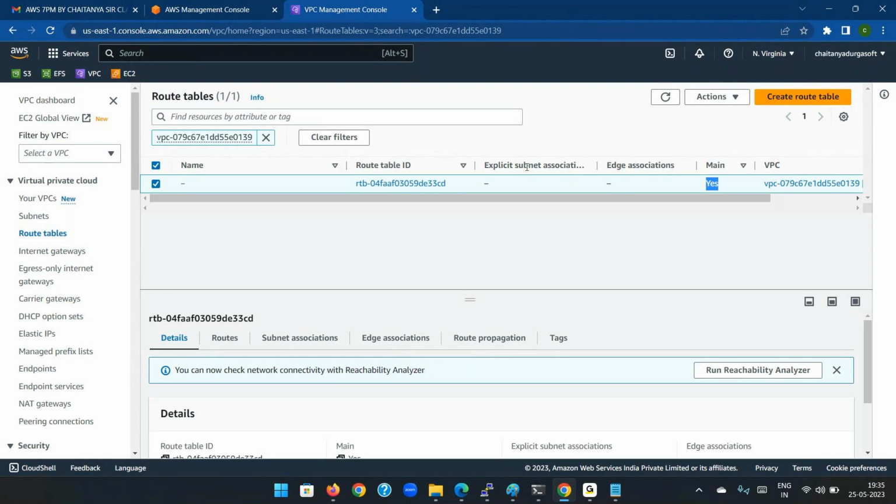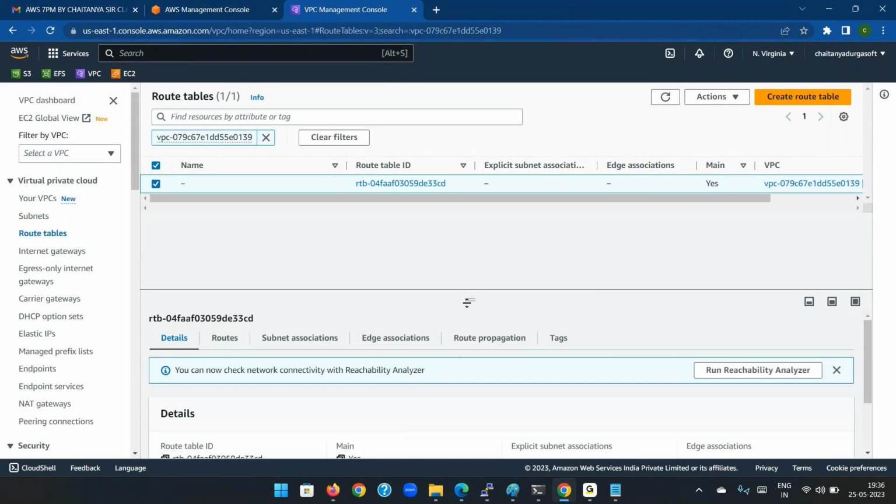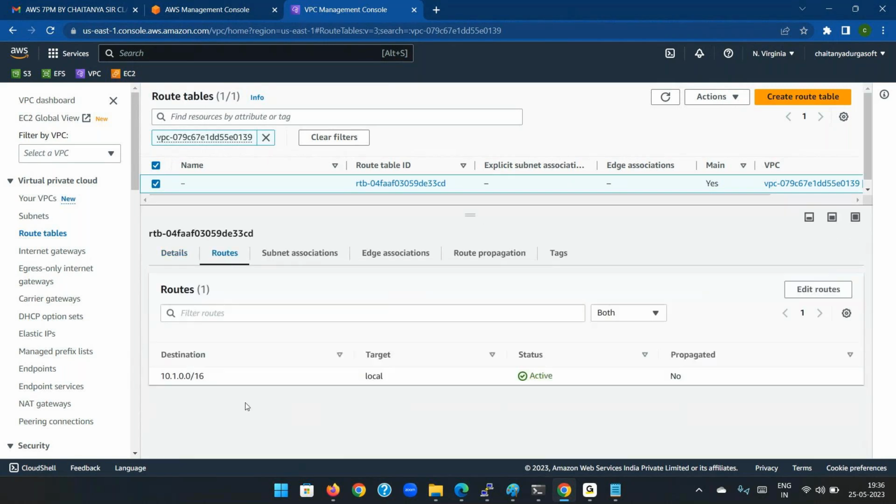This route table will specify the routes. So what is the destination? The data from the servers that are inside the VPC has to reach the internet, or else it has to reach some other destination. That will be specified in this routing table. Now here you can see the details, the routes that you have. The routes are